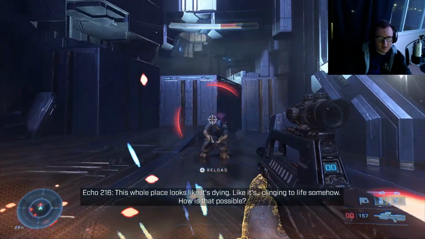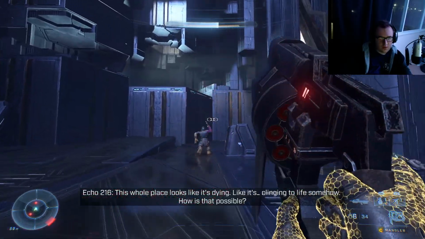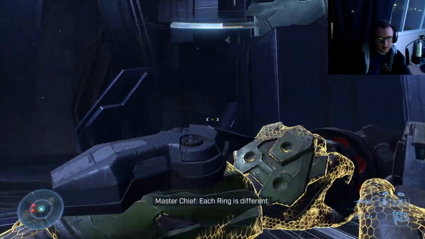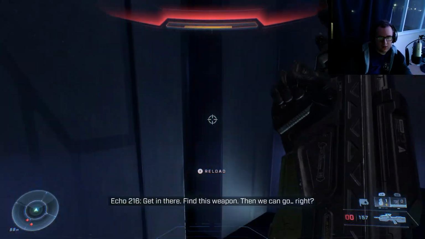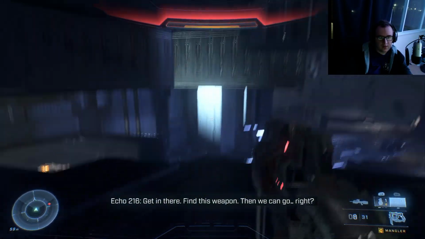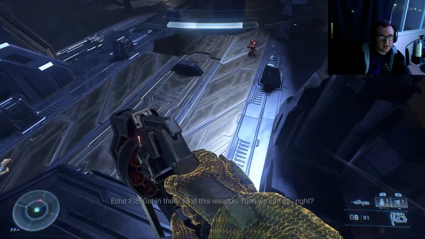Clinging to life somehow. How is that possible? Each ring is different. They are. You see an entry point in the wall ahead. Get in there. Find this weapon. Then we can go. Each ring is different, but this